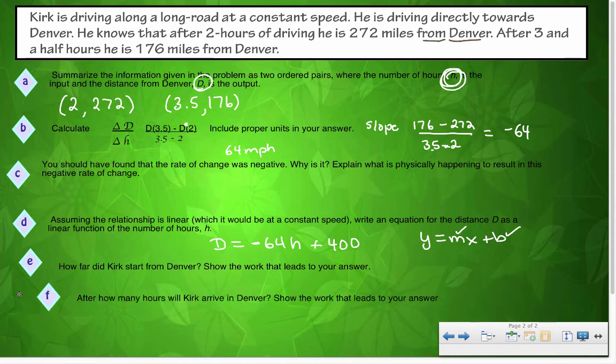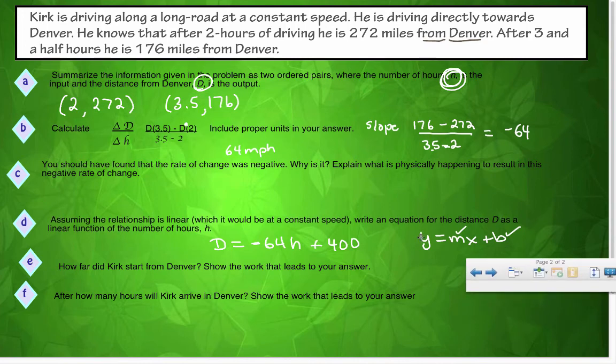So after all this, how long is it going to take Kirk to get to Denver? Well, I like using my equation. And basically what I want is, I want my distance to be 0, because this equation was telling me how long I am away from Denver. So if my distance to Denver is 0, that means I must have arrived in Denver. So if I solve this, bring this 400 over to the other side,